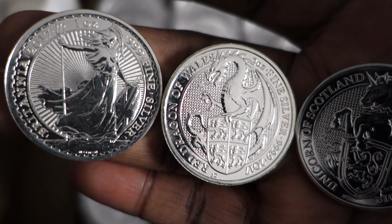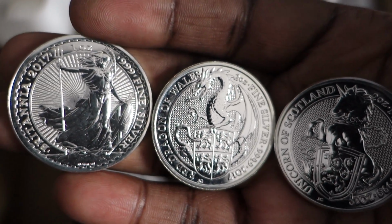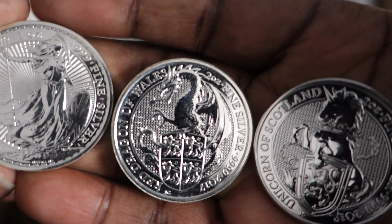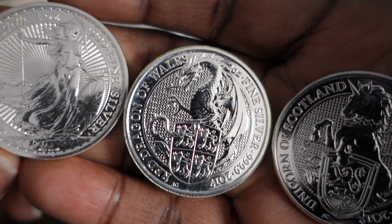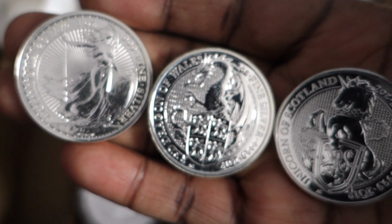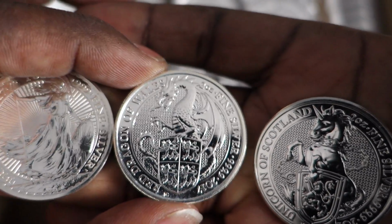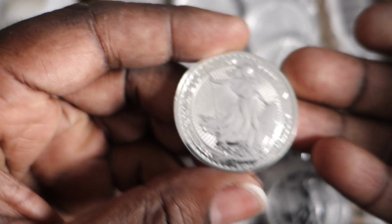I don't believe that once the Queen's Beast comes to an end, whatever anybody may think, it can only be done with the Queen alive, and we'll be getting the King's Beast. One thing I know the Royal Mint do is remix heavy. So I believe they will milk out the Queen's Beast forever and ever and ever. So I'm going to capitalize off of them, and that's what they were initially purchased for. They're collector coins that I could now sell for double the price I paid, and even close to triple on some of them, and it'll enable me to pick up more foundation. So my